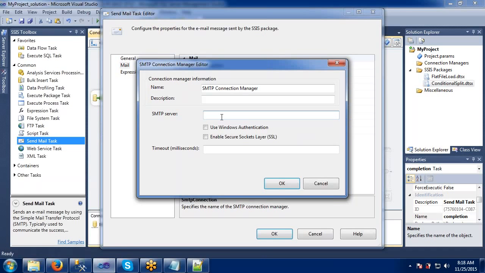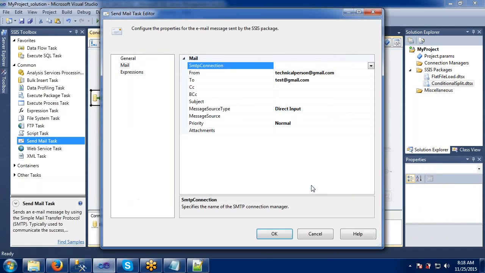Generally it will be some POP3 options, and there will be some Gmail options too. We can try, but as of now we don't have the SMTP connections. I'm just giving it here to help understanding. So To, From, CC, and what is the subject? The subject will be given as task completed successfully. When we get this mail, it will show from which person, to whom it was sent, and what the subject is. All these details are given in the send mail task.